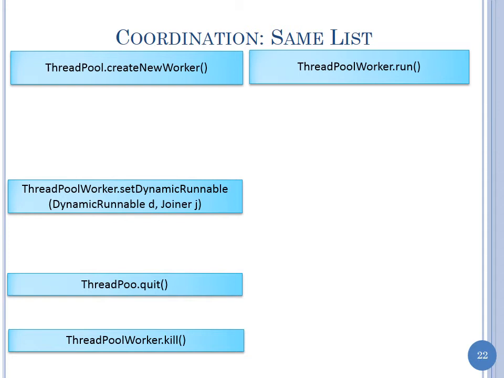We know ThreadPool worker has a set dynamic runnable. We've got to figure out what that does. We know ThreadPool has a quit method, and we know ThreadPool worker has a kill method, okay? And we know that ThreadPool worker has a run method, okay? So these are things we know from the headers, and I've got a few mistakes that I pointed out, okay, which I hope I'll correct before I release the slides. So let's figure out what each of these methods does. Okay,